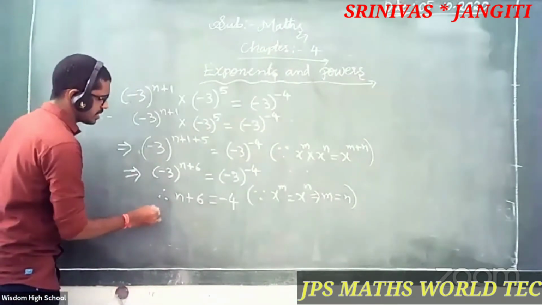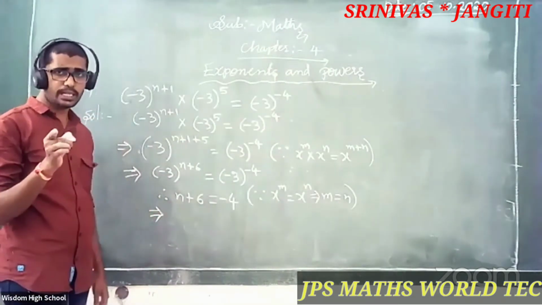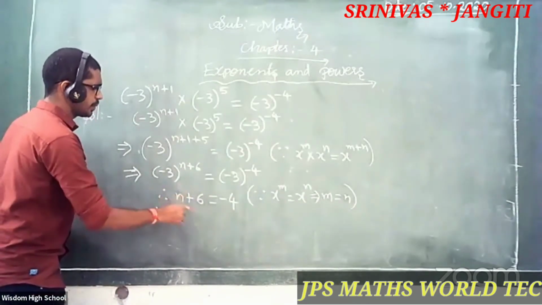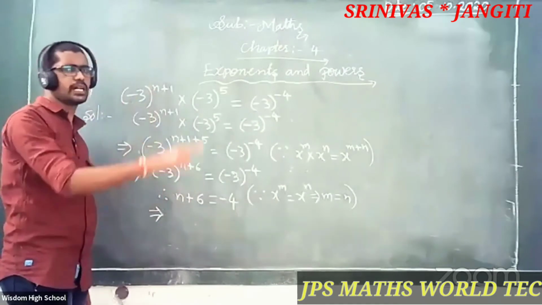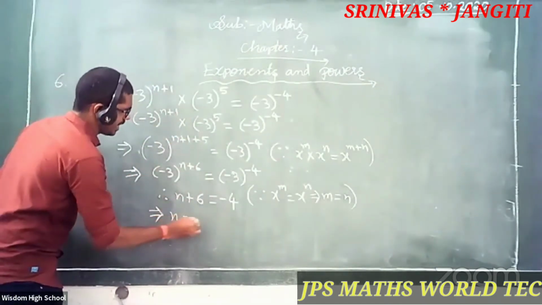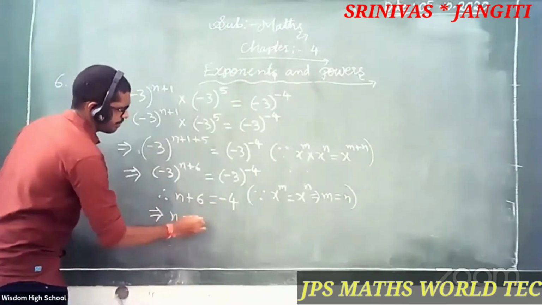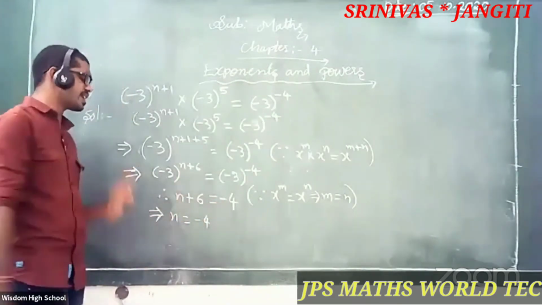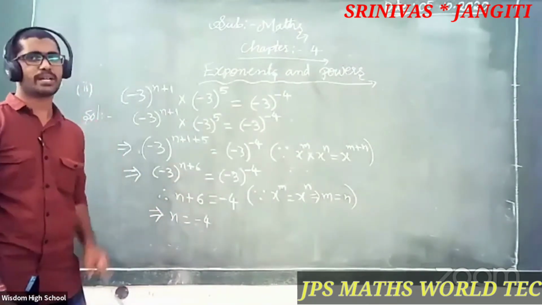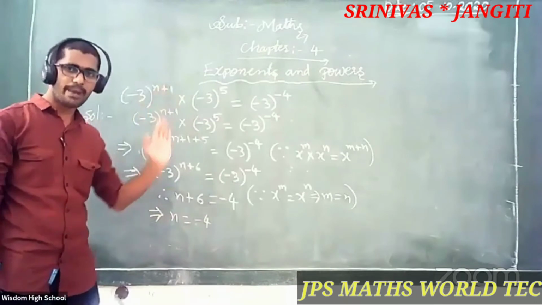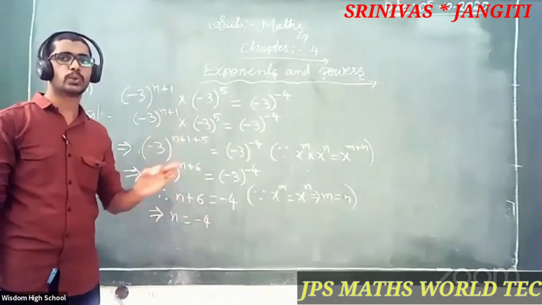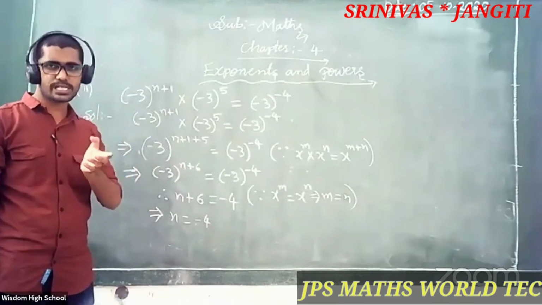Then that implies, what do you want? Yes, you want n. You want n only. You don't want this 6, so you send it to the other side. That is transfer. Now n is equal to, only the right side, minus 4, then this plus 6. Once you transfer, what is the result? Minus. Why? Because plus becomes minus, minus becomes plus, into becomes divided by, divided by becomes into. Once you transpose, you will know that the symbols are changed.